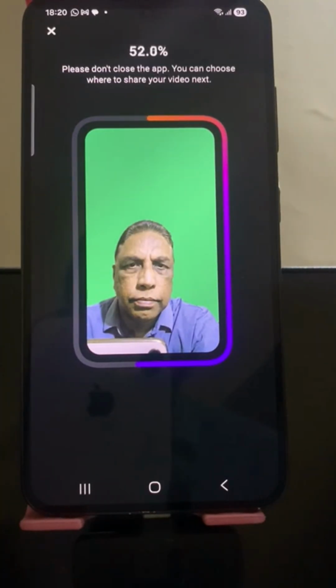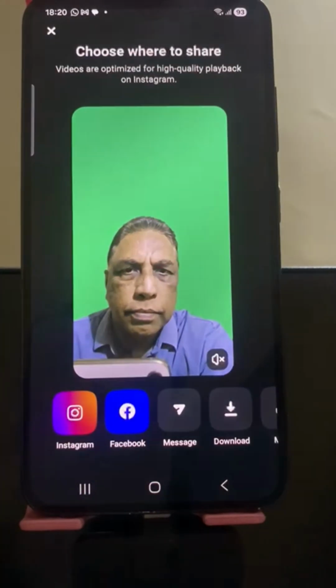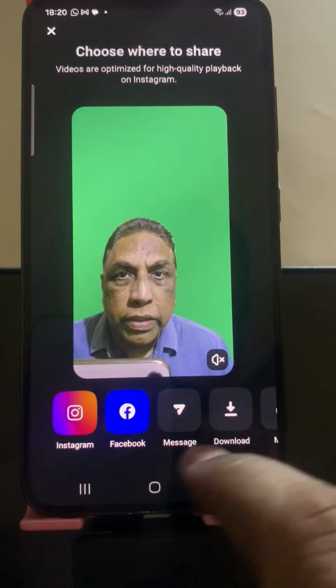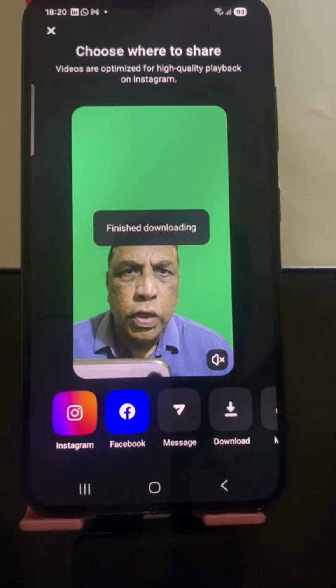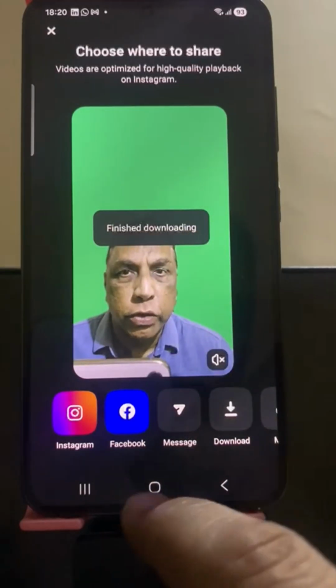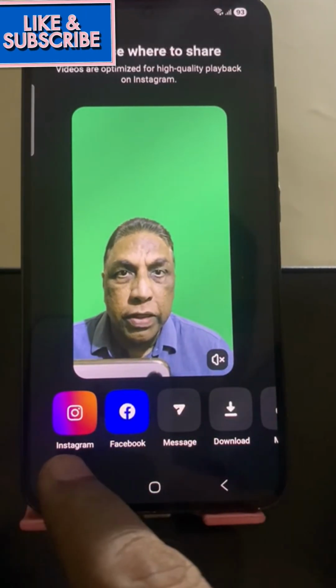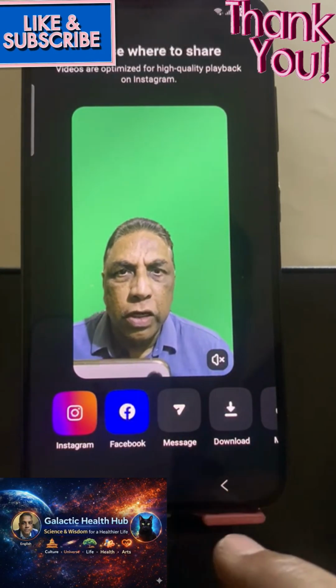Once you export, see, export is going on. Once exported, you can download it to your mobile gallery. So after finishing downloading, you can share this to Instagram, Facebook, message,